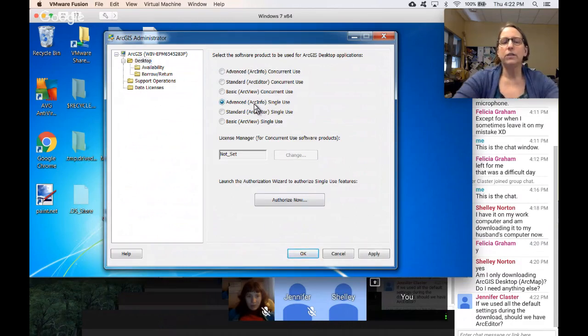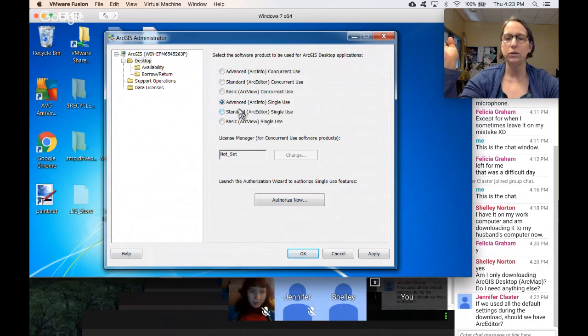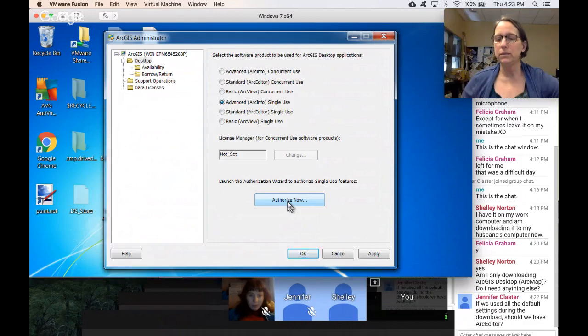The version of ArcGIS that you need is this one. It's the ArcInfo version, or advanced single use. None of the concurrent use ones will work because you need a server license and you don't have that. And if you activate the standard or basic, you'll be missing some functionality. You get the whole shebang. So you get advanced ArcInfo single use. Make sure you do the complete installation, which I believe is now default. That installs all the